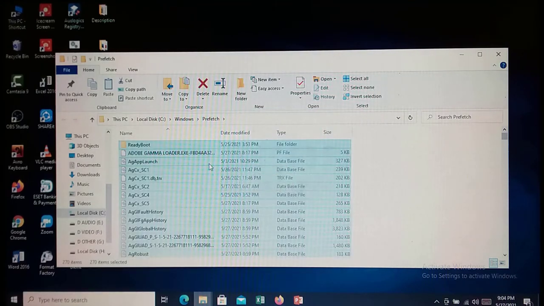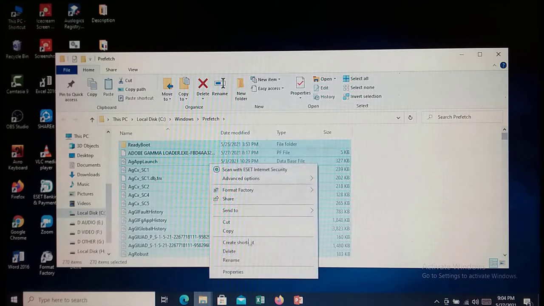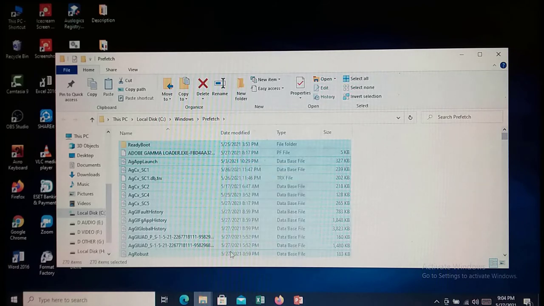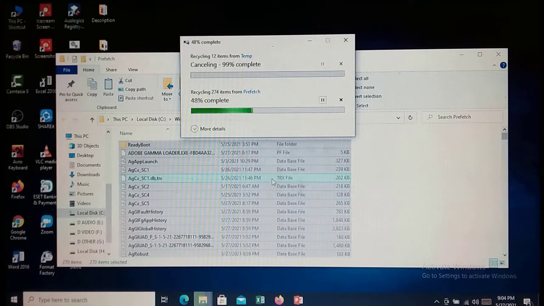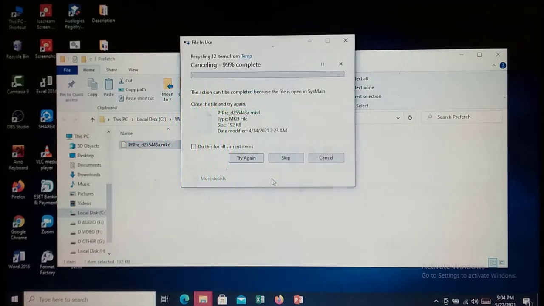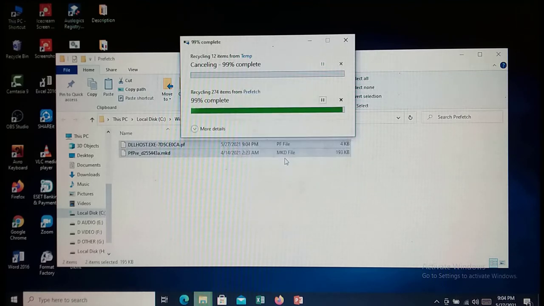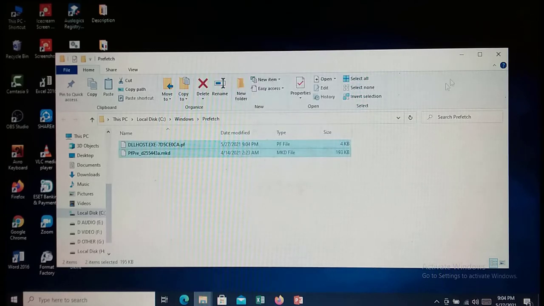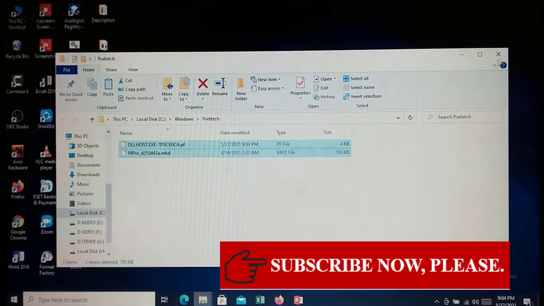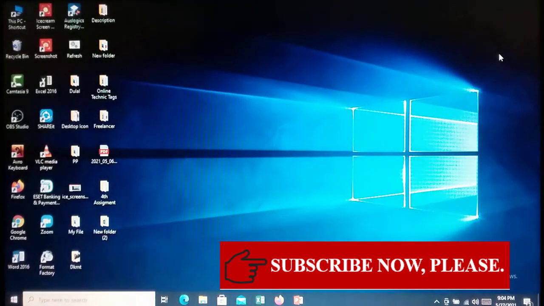Next, click on the right button of the mouse and at last click on the delete option. Now you can click on the white box and at last click on skip, and next you can close the page.